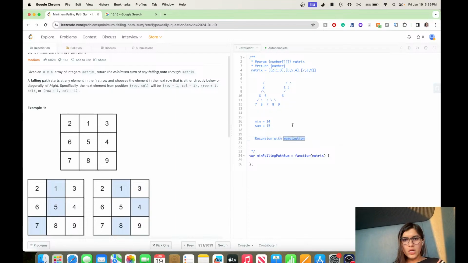So memoize like that. Whenever I get any value, memoization means